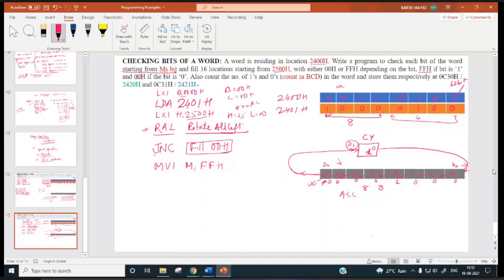Next, how many times do we have to rotate this data in order to check all these 8 bits? 8 times. So you need to have a counter. So you can have a counter over here. So you will have MVI E 08H.